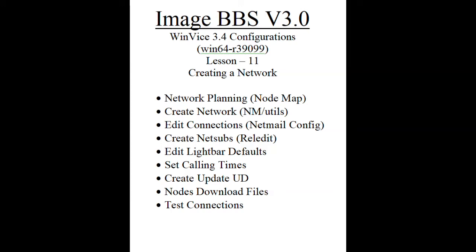In this video, I'll be explaining how to create a network in Image 3.0. We'll start out by doing the network planning, and I'll show you an example of a node map. And then we'll use NMUtils to create a network. And once the network is created, we'll have to go into our netmail config and edit our connections for the